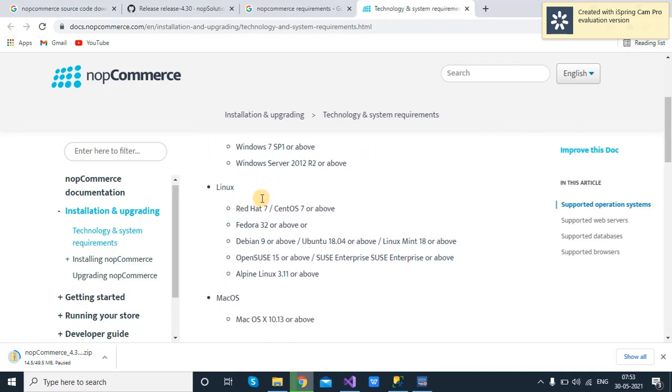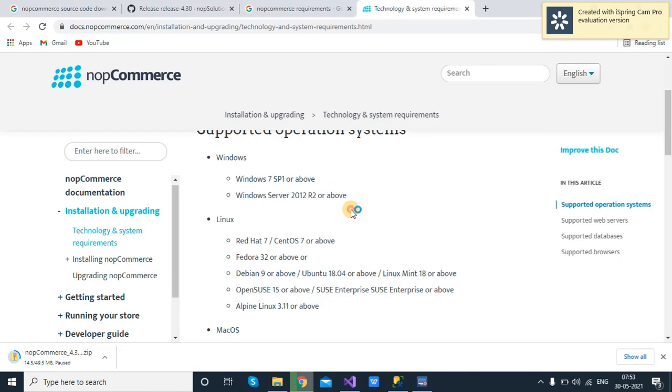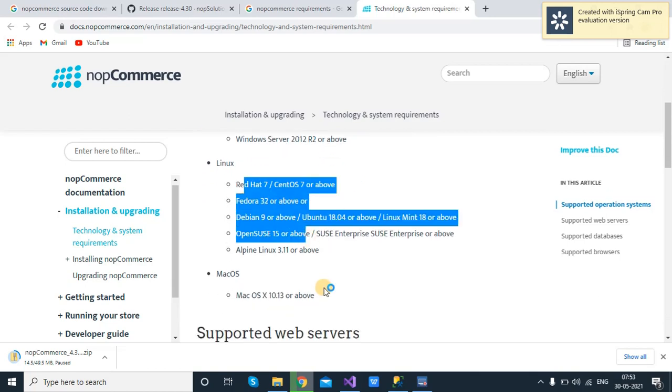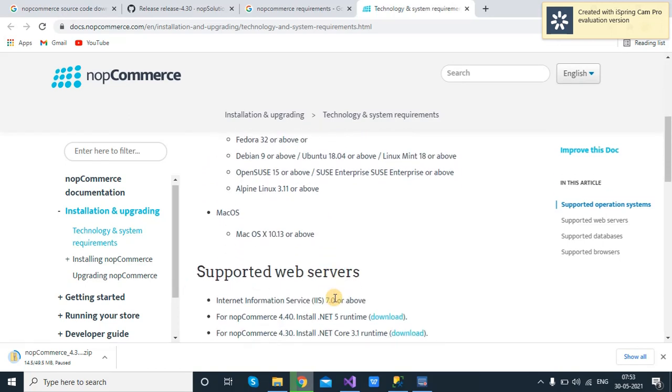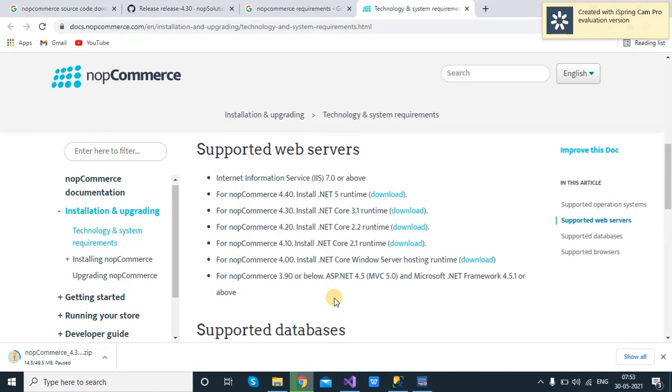For Windows, it requires 7 and above, and Windows Server 2012 R2 or above. For Linux and Mac OS you can check as well. Next are the supported web servers. We are working on 4.30, so install the .NET Core runtime.